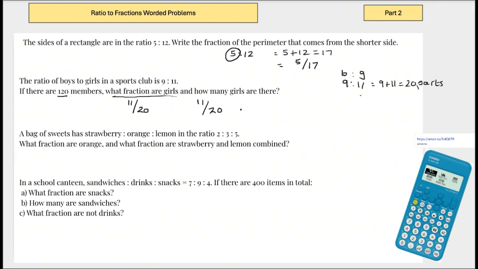So we're going to do 11 over 20 times 120, because that's the totality, okay? If you plug that into your calculator,